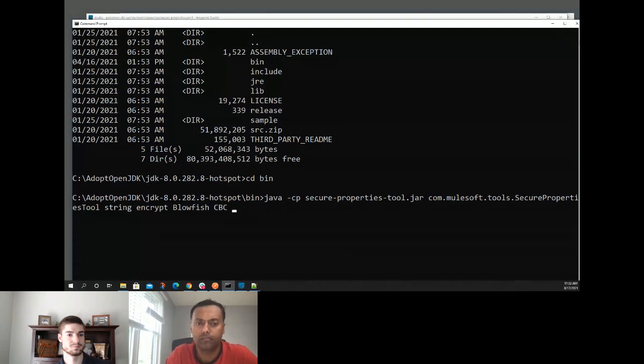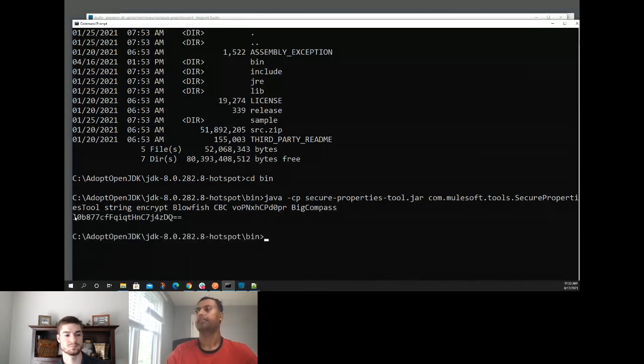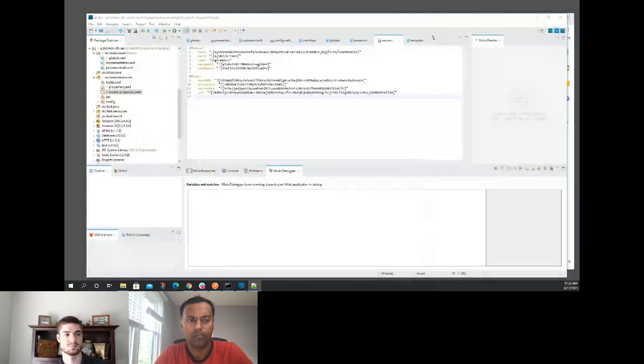Want my decryption key here. My value. That's going to go ahead and generate my encrypted properties. So all I need to do now is take this, put it back here. And again, make sure that